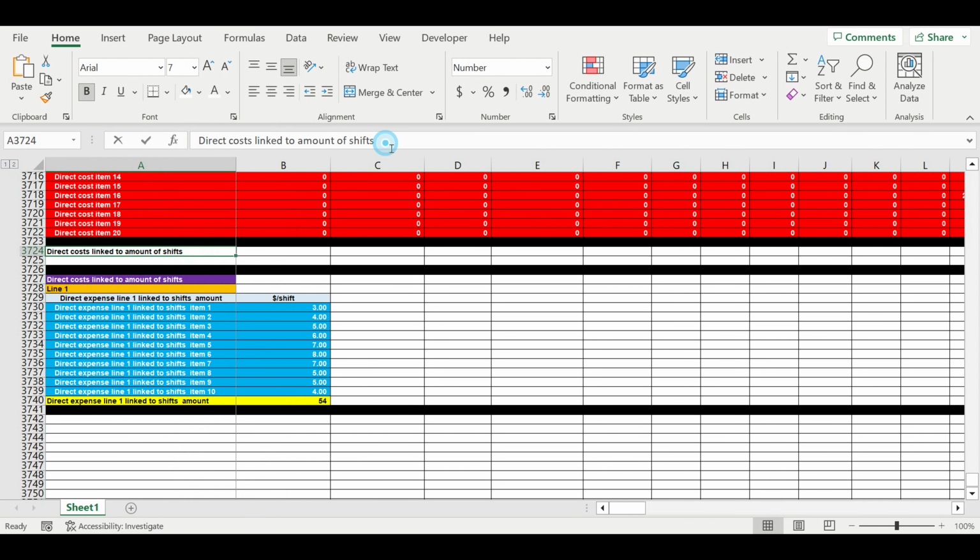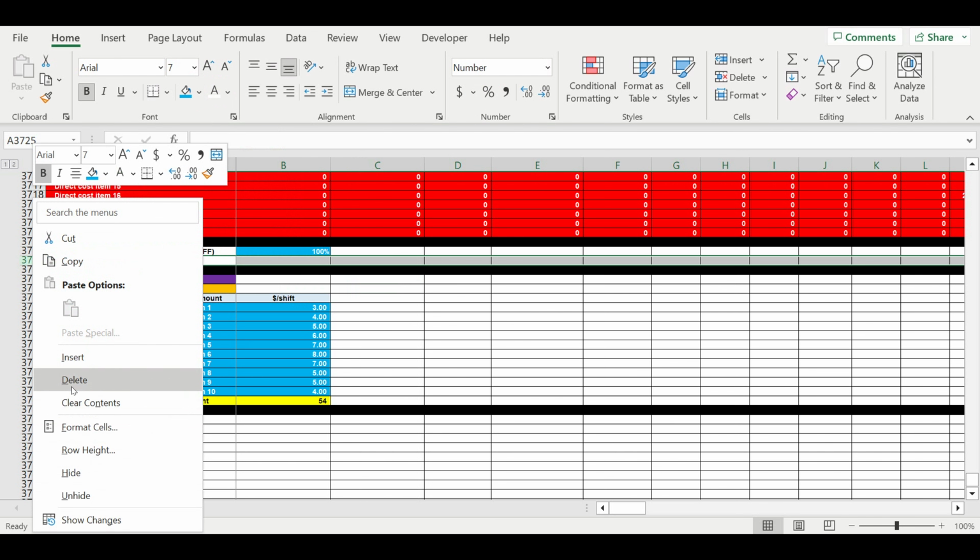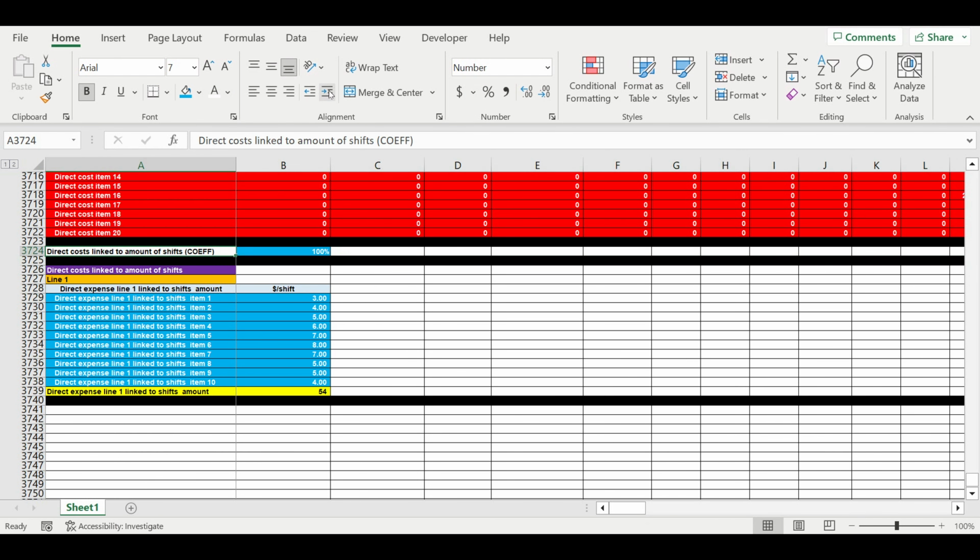So this will be the global coefficient. The global coefficient will be 100. The basic value for this coefficient. Now we will have global coefficient, then we'll have local coefficient,